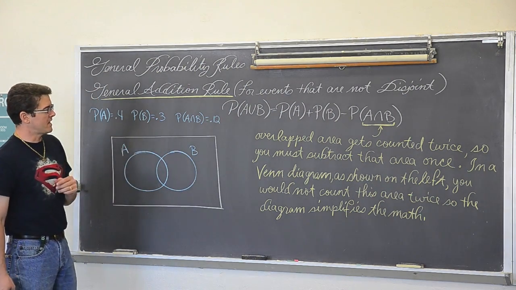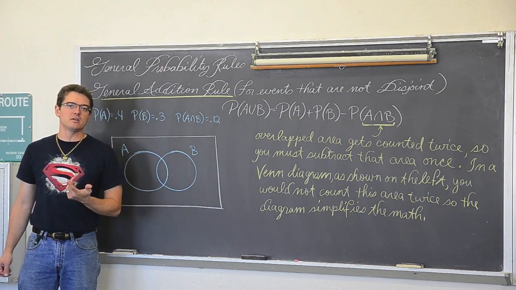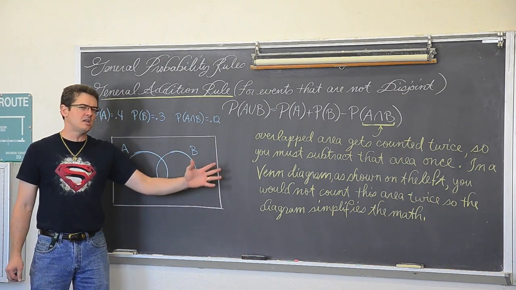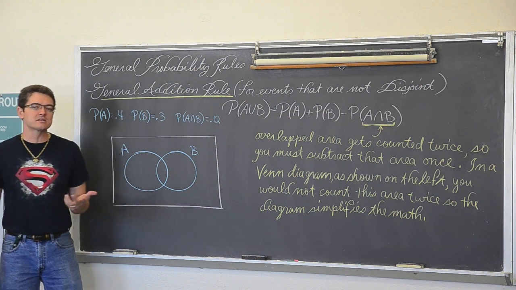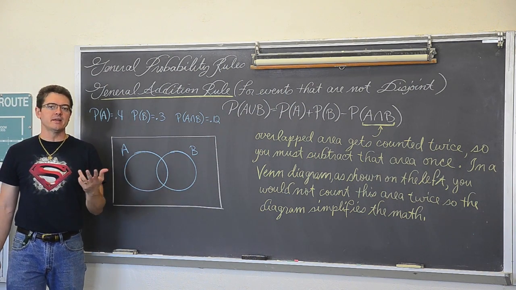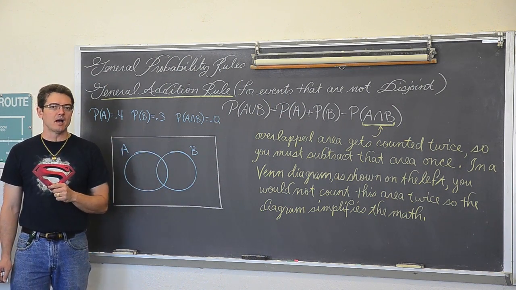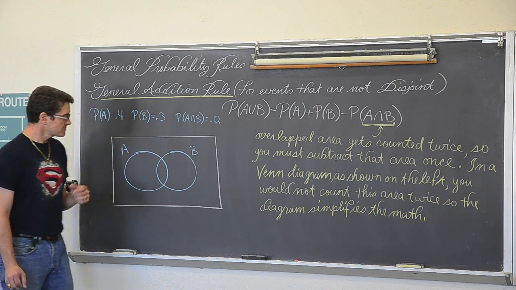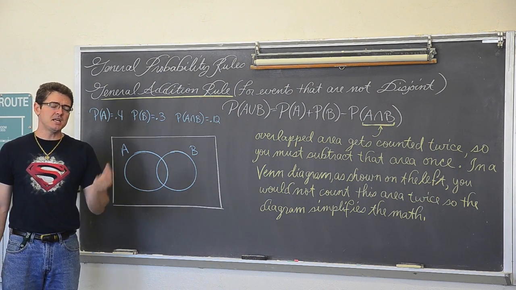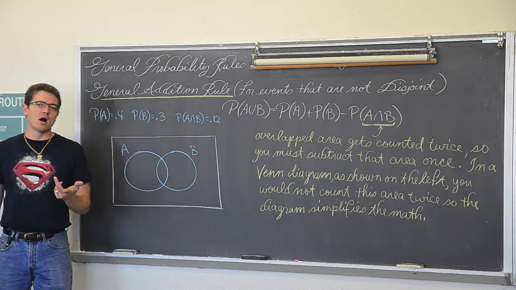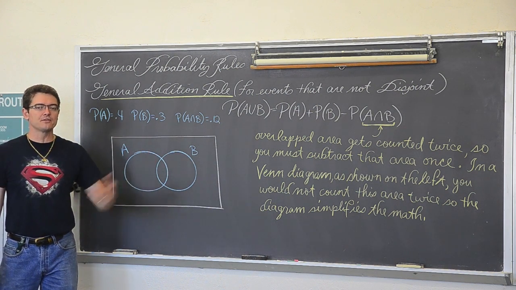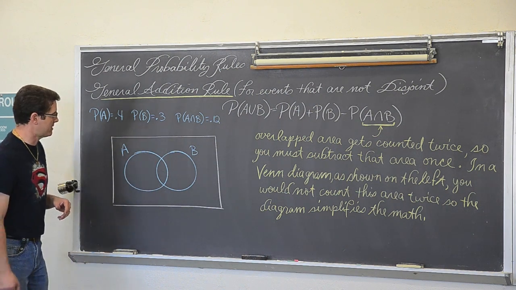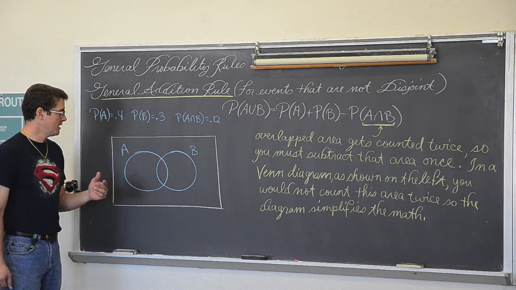Now, when you set up a Venn diagram to help you answer probability questions, and by the way, this is not a sequence of events. This may be just, as a survey, asking somebody one question, and then you can get multiple responses from that one question. A series or a sequence of events or trials would be worked out through the tree diagram like I talked about in the Intro to Probabilities video.